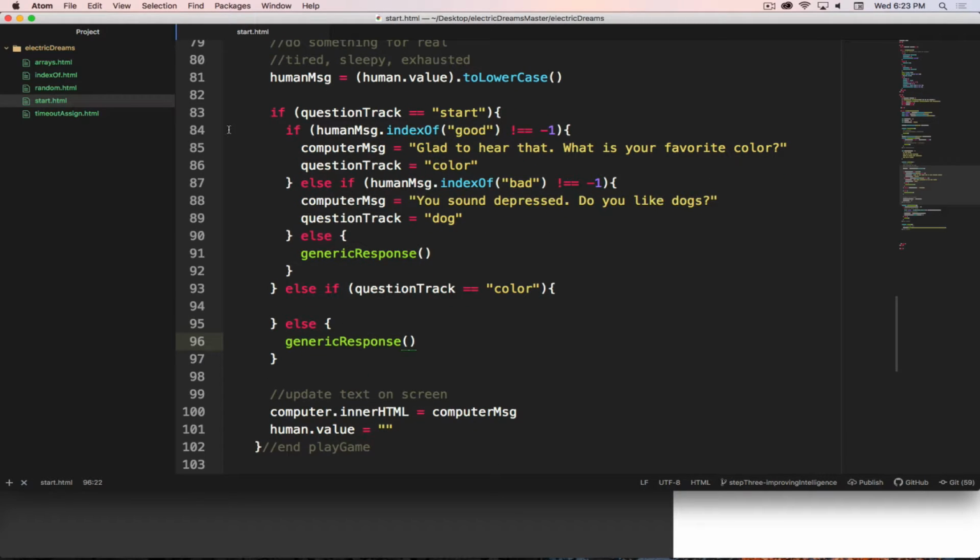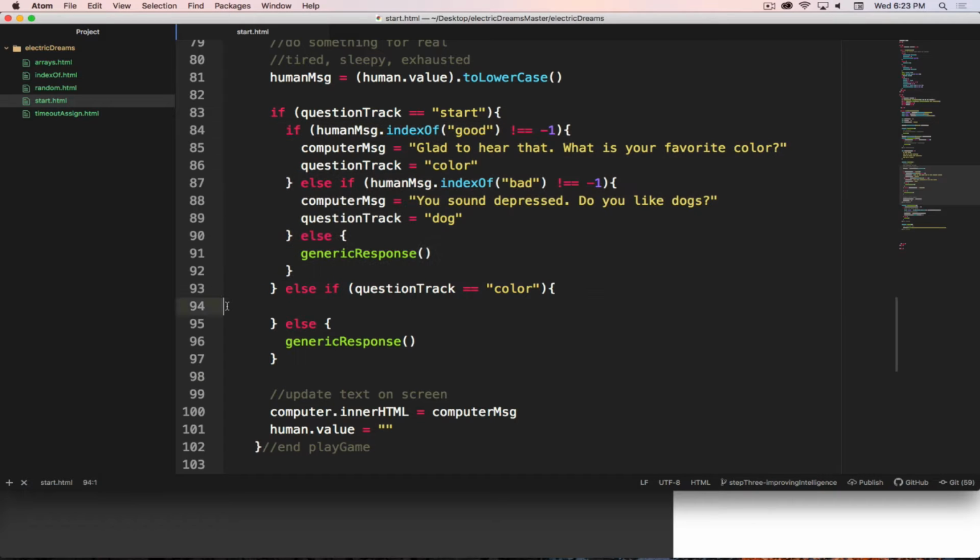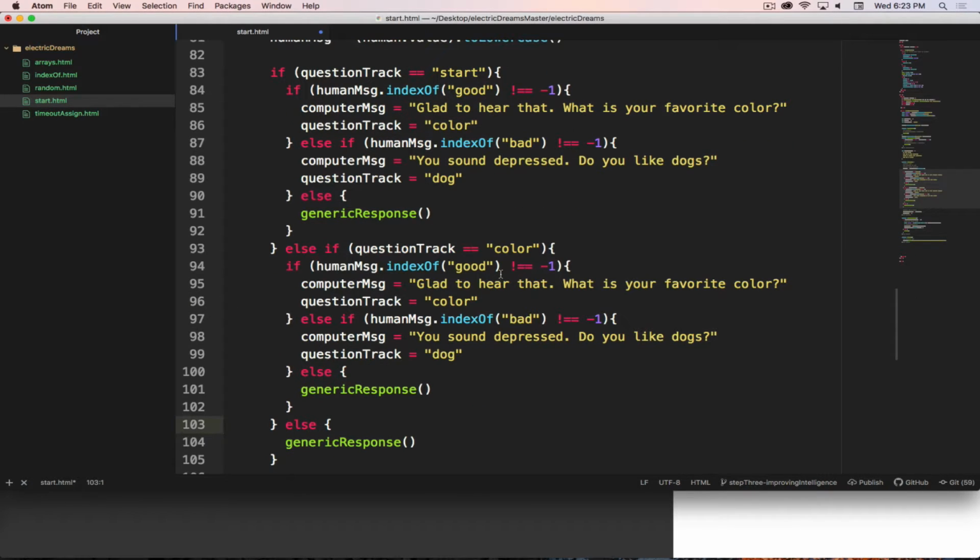To define out the color track, I'm going to just copy paste what I did with the start question track. So I'll just copy that. I'm going to paste that code in. But now the colors I'm looking for will be red and blue. Because now I could look for more colors, so I could extend this out if I wanted. I could look for red, blue, yellow, green, purple, pink, orange, whatever floats your boat. But I'm just going to keep it simple for now and just go with red and blue and fit that in. So red,